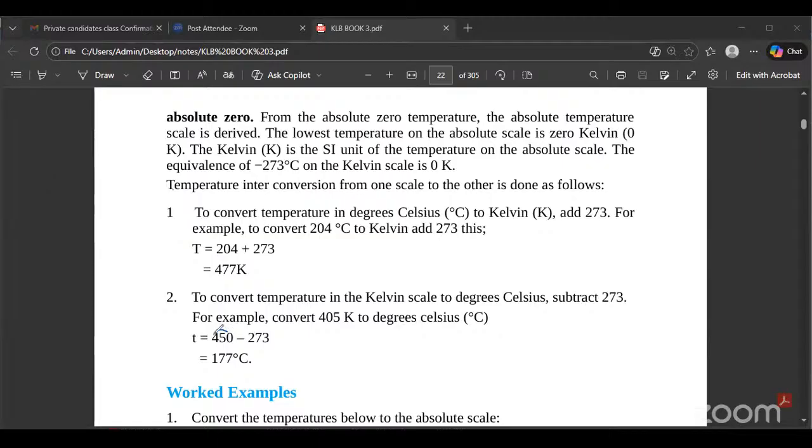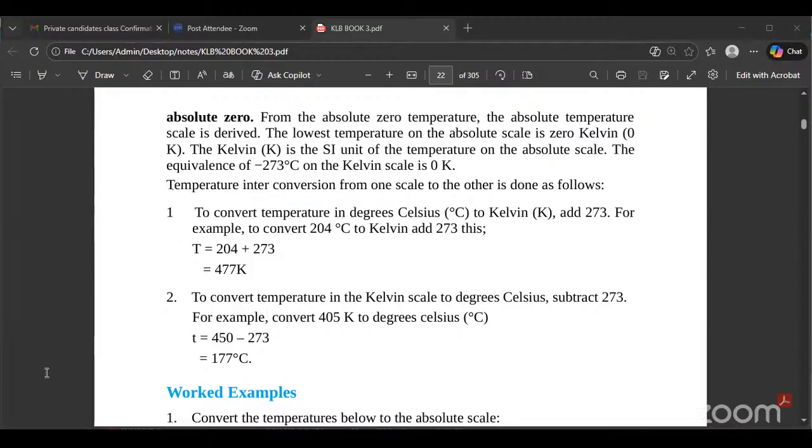It is the temperature that has been given minus 273. If you say 273 minus that temperature, it will be wrong. So it is very essential that you take care of that one. For example, let us do one example and then we go to